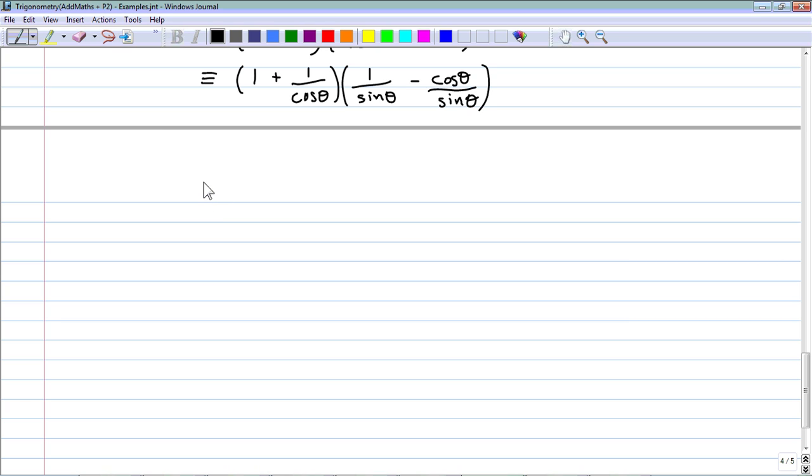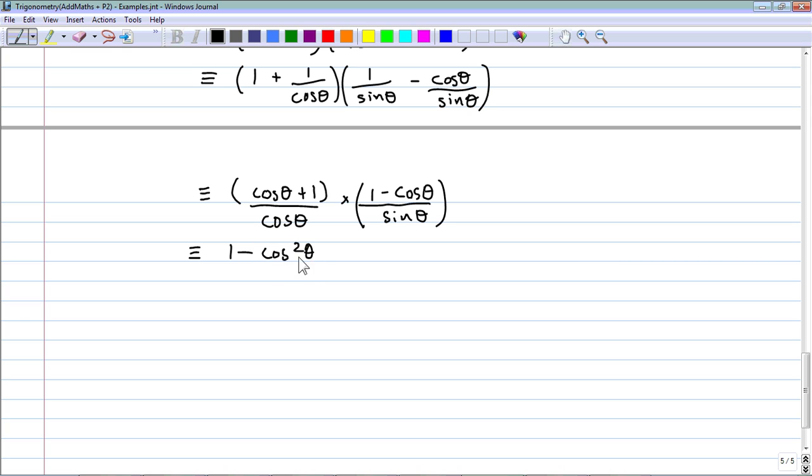So I'm going to try to make a single denominator. I'm going to put a cos theta there: (cos theta plus 1) over cos theta, that's the first bracket, times (1 minus cos theta) over sine theta. So according to the formula for the difference of two squares, this is (1 minus cos squared theta) over cos theta sine theta,